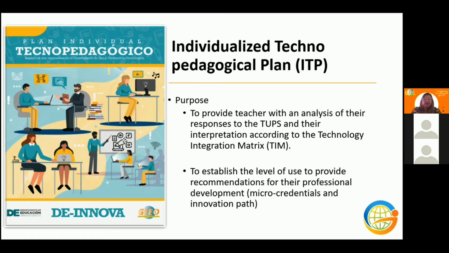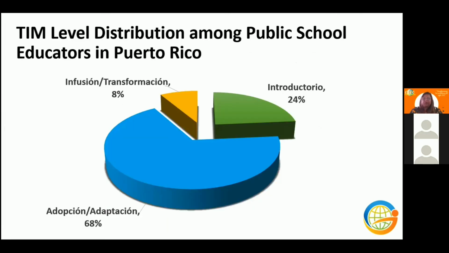And the recommendations are made in terms of what professional development is recommended. And then in addition to professional development that is provided by one group, we have a partnership with Digital Promise, and we wanted to allow teachers to also pick some micro-credentials, because we acknowledged from the beginning that we were going to have different teachers at different levels, and we wanted to make sure they were able to self-guide their learning, augment their learning based on what competence they identify they need to have a significant use